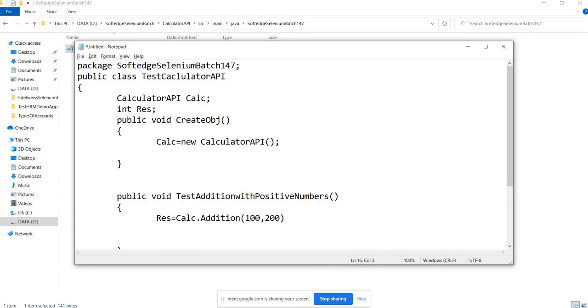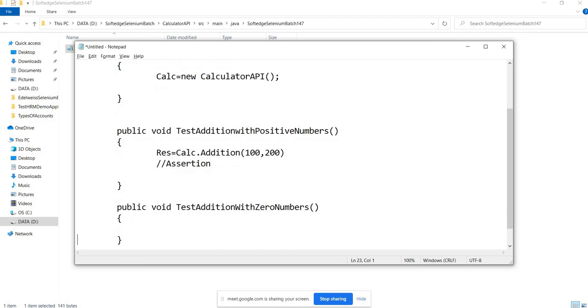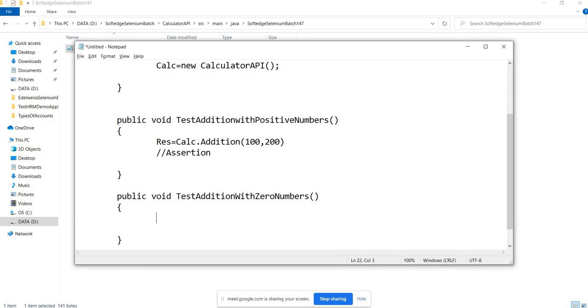For the assertion, actual and expected should be compared, and based on that your test case will either be marked as passed or failed, right? So the assertion will go here. We will talk about how to integrate assertions later, but I just want to create a scenario of how unit testing is done. Here again, in the second test case, res equal to calc.addition.